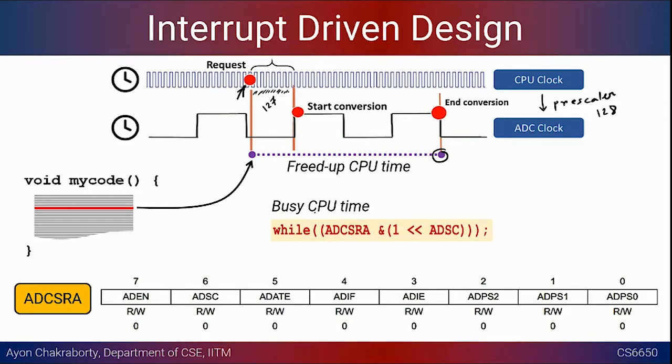Okay, so we want to get notified, and once there is a notification that the interrupt has taken place, which means the end of conversion of the ADC has taken place, the program automatically jumps to a certain function which we call the interrupt service routine. It's called the interrupt service routine. I will talk in more detail about this. It's called the interrupt service routine, right?